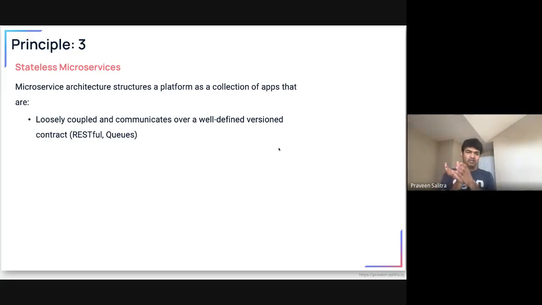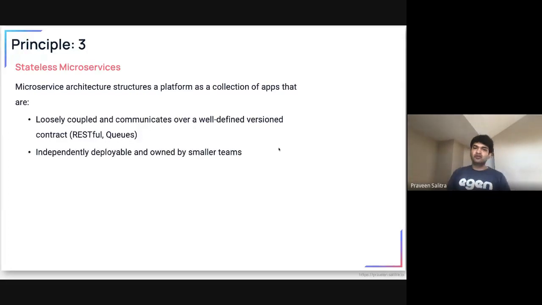You may have multiple services. Let's say in an e-commerce platform, you can have an authentication service running separately. You may have an order orchestration service, or maybe a payment service, and then other pieces as well. But these can all be different microservices running in your cluster. And then you can individually scale them up and down. You can deploy them individually as well.